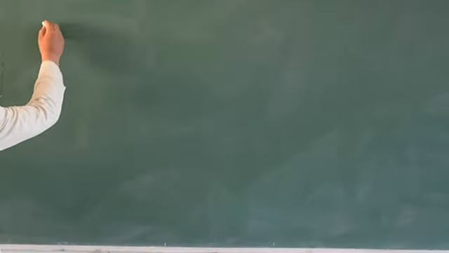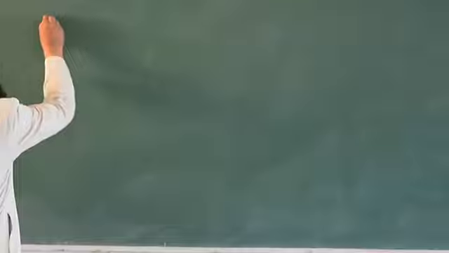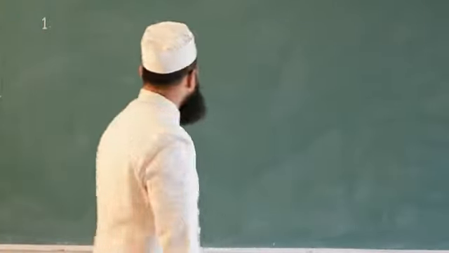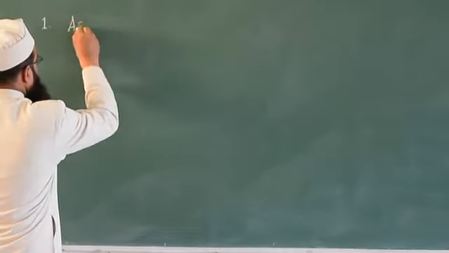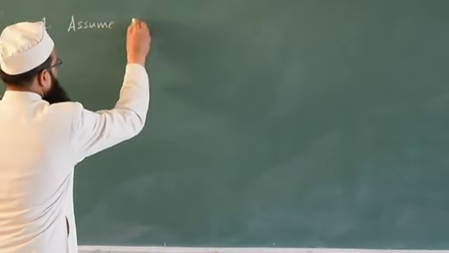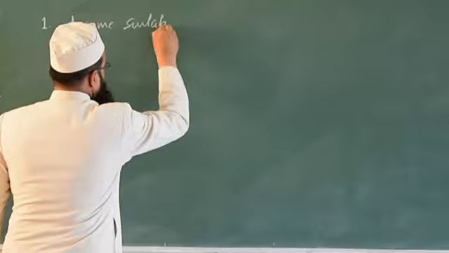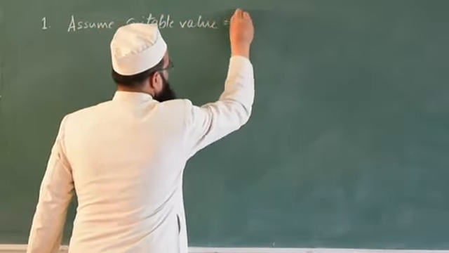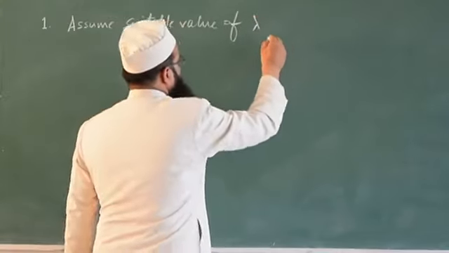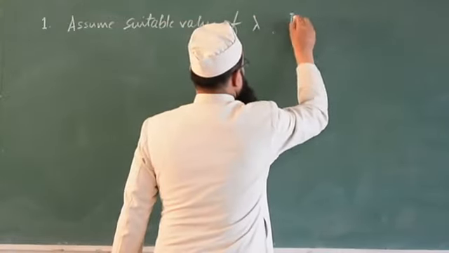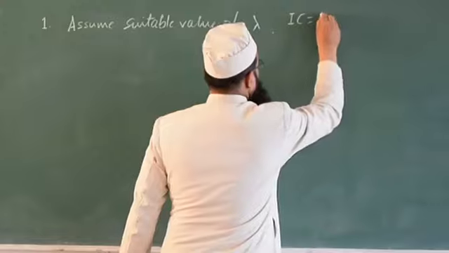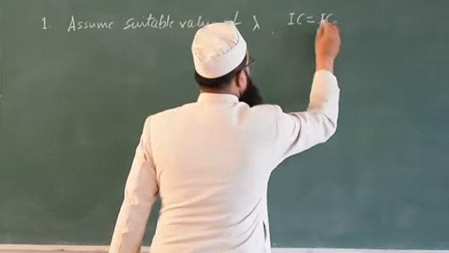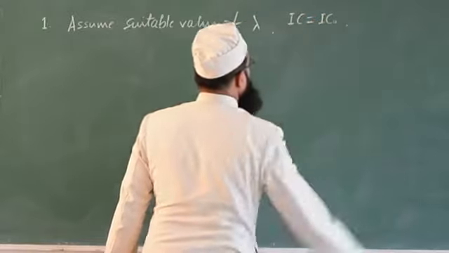The procedure can be summarized as follows. Step number 1: first, assume a suitable value of lambda. What is lambda? That is the incremental cost, say IC equal to IC0. This is the first step. After that,